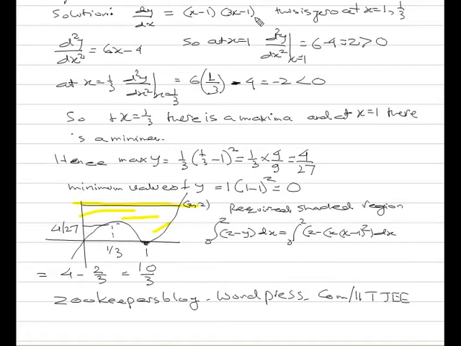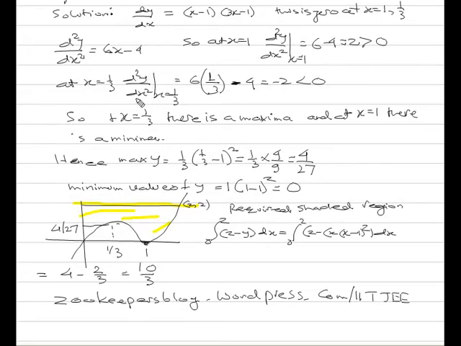And we see that the solutions are x is equal to 1 and 1/3, so we know that these are the places where we have the maxima and minima, or these are the places where the slope is 0. We find the double differentiation easily, and again we can multiply and differentiate. There will be 6x minus 4. Substitute the values: at x is equal to 1, we get a positive value, which means after that the graph is going up, and at x is equal to 1/3 we get a negative value, which means this is a maxima.